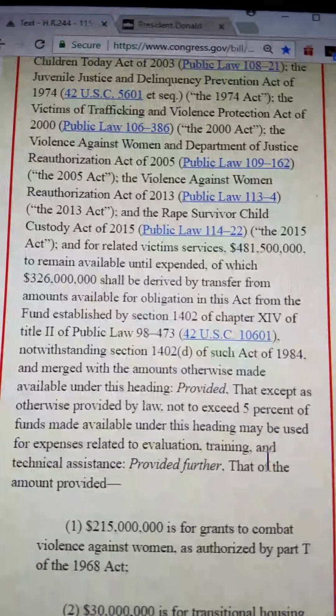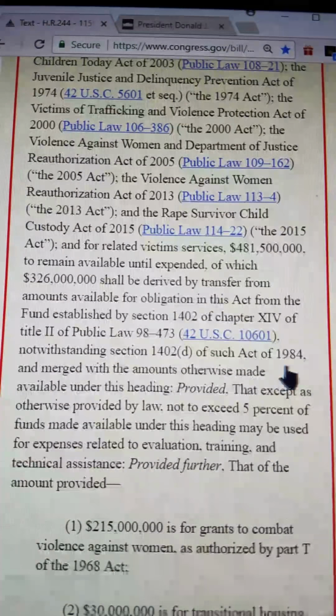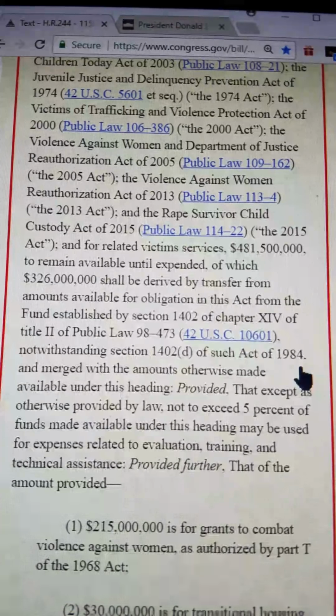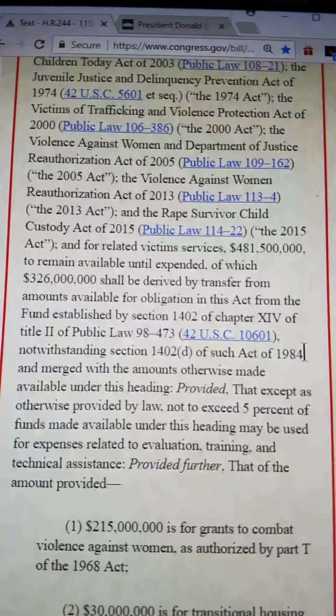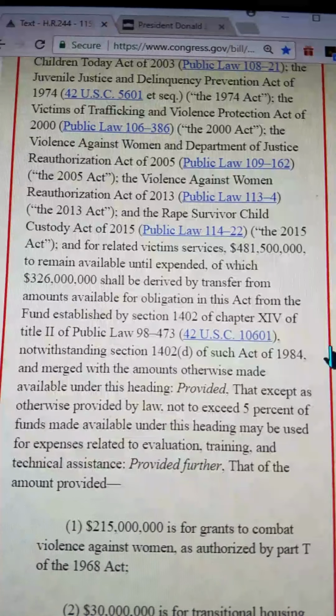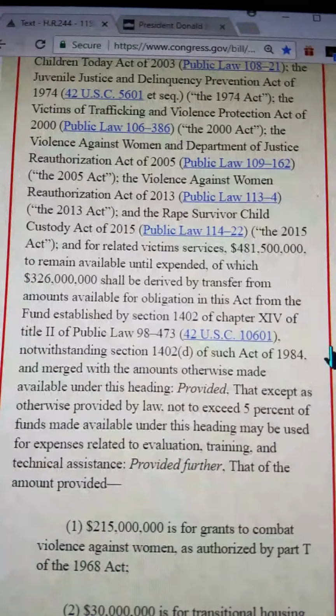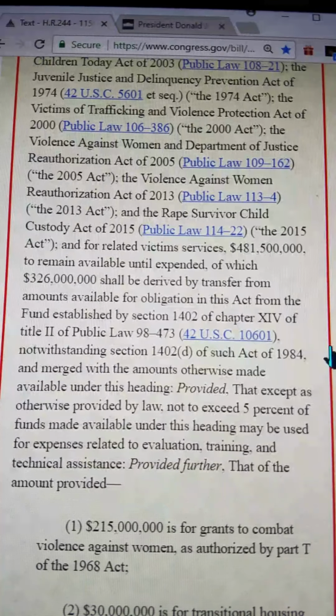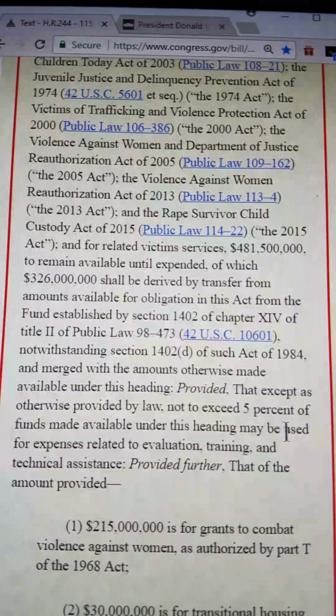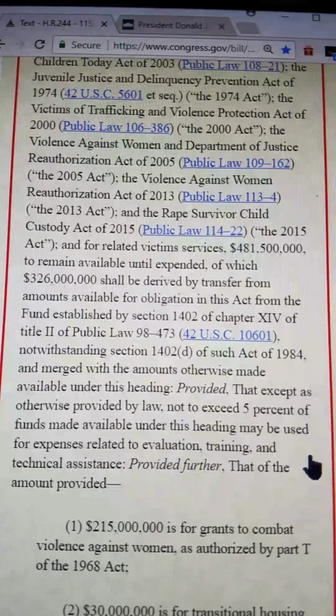notwithstanding Section 1402(d) of the Act of 1984, and merged with the amounts otherwise made available under this heading, provided that, except as otherwise provided by law, not to exceed 5% of funds made available under this heading may be used for expenses related to evaluation, training, and technical assistance, provided further that of the amounts provided,